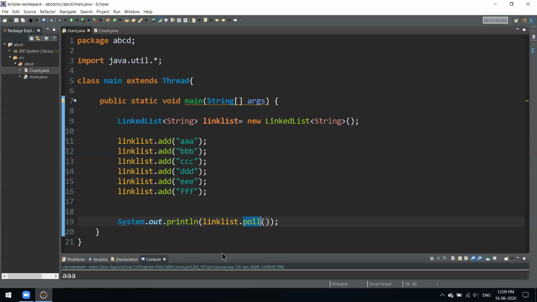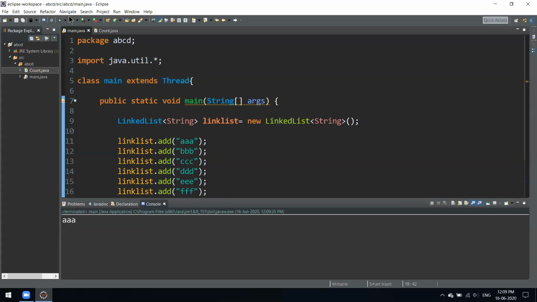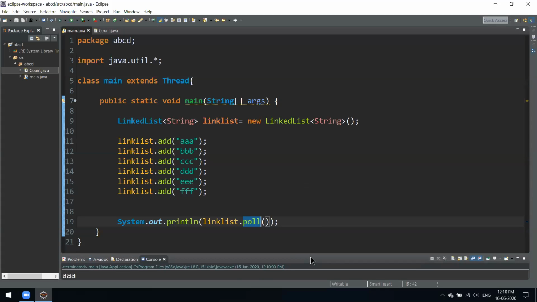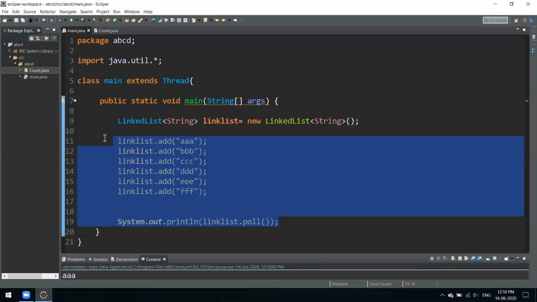So if we run this one more time, because we didn't declare a static list, that's why it was showing us again. But yeah, this is what it does. It removes the first element. Peek retrieves the first element. What poll means is it retrieves and removes the first element of the list. It first retrieves it and is used to remove the first element.